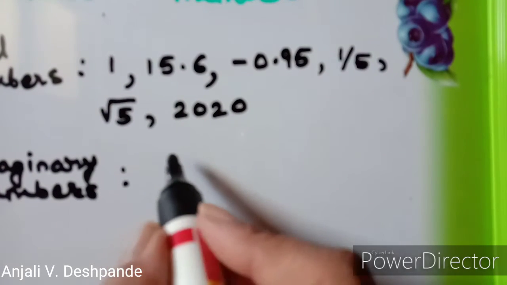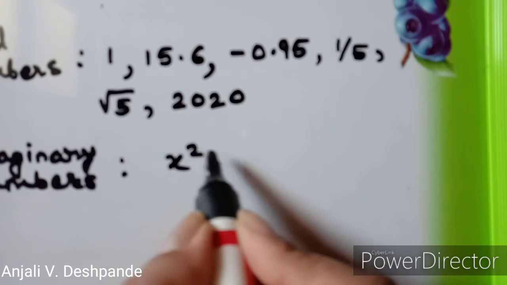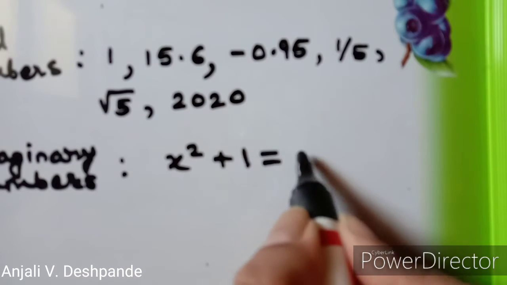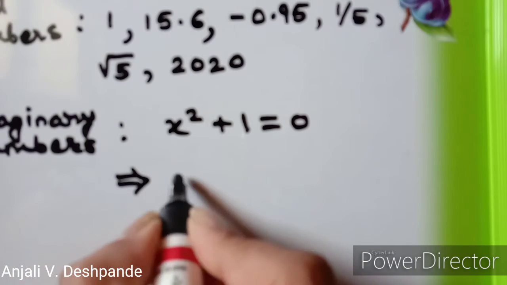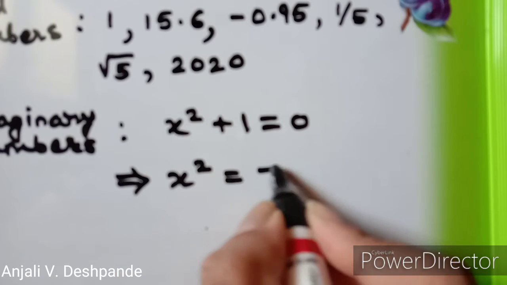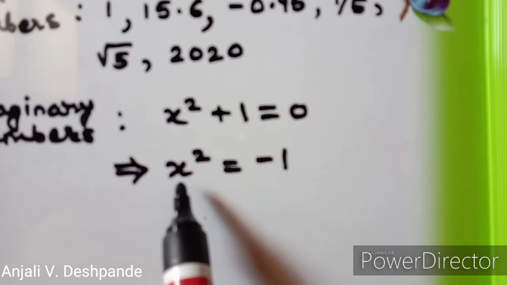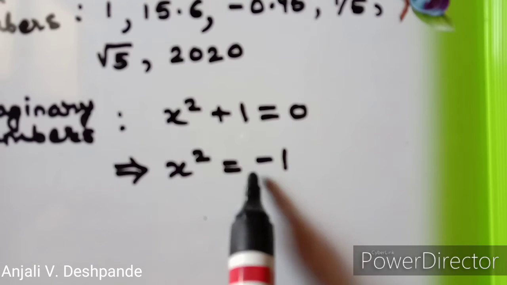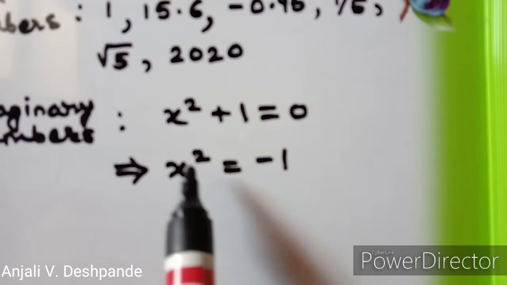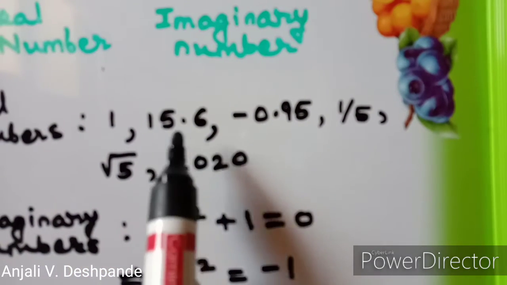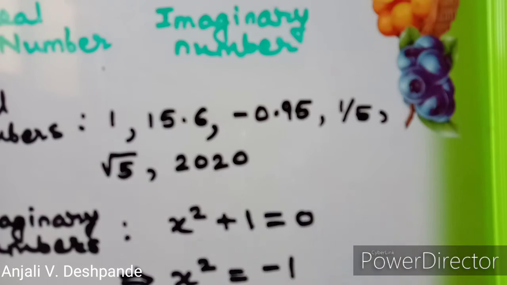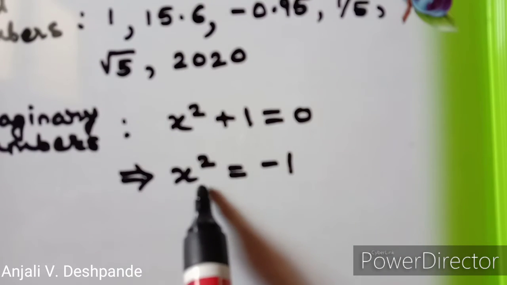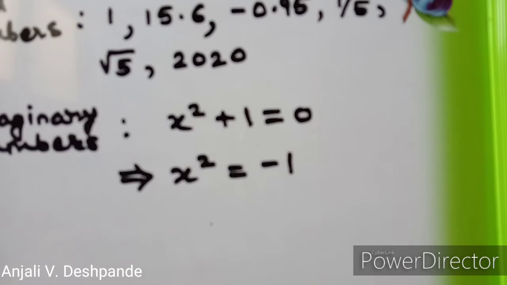they are generated when we try to solve the equation of this form. Let us say we have one equation, x square plus 1 is equal to 0. Then in this case, we will get x square is equal to minus 1. What is the meaning of this? The meaning of this is that the square of this number is negative. But we know that in the case of real numbers, this is not possible, because every time the square of these numbers is going to be positive. Whereas over here, just now from our equation, we have got that the square of the number is negative.